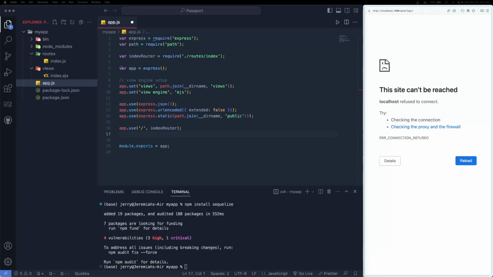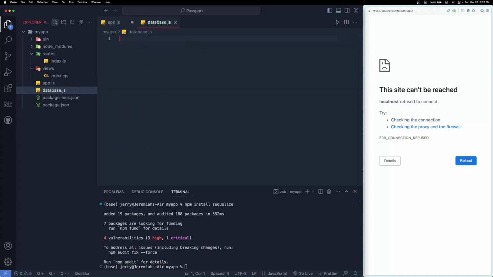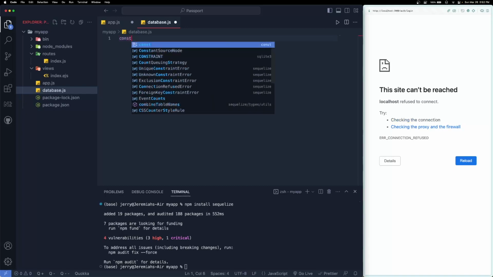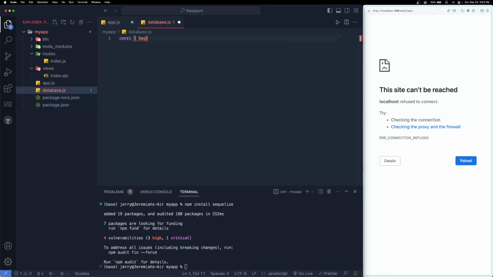And then with that, I believe we're able to get started. So the first thing we're going to do is create the database. For this, I'm going to create a file called database.js. And inside this database.js, we're going to use Sequelize, and we're going to create a simple SQLite database. So we're going to get Sequelize,